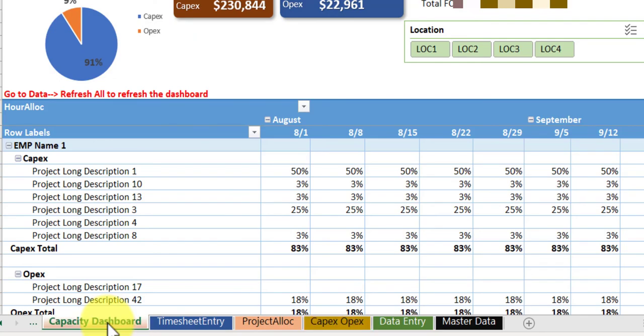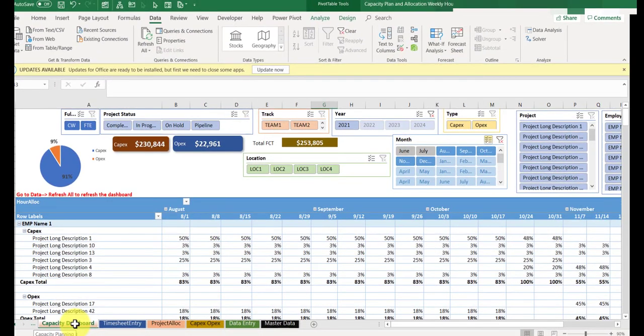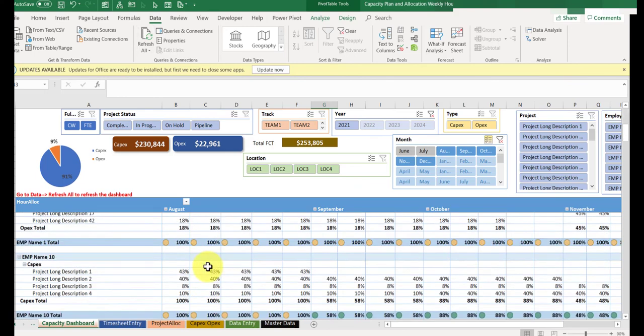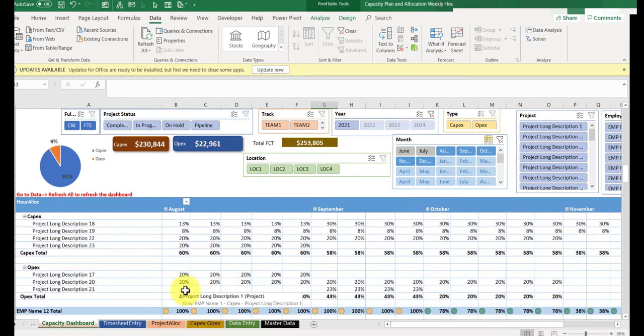So this is a quick overview of this sheet, which is very simple. It does not use any macros. It uses Power Pivot and Power Queries, so it's not that intensive in terms of usage. It will not freeze up. It will take some time to refresh, but opening and adding data will be a breeze. So just try it out and see if it works for you.